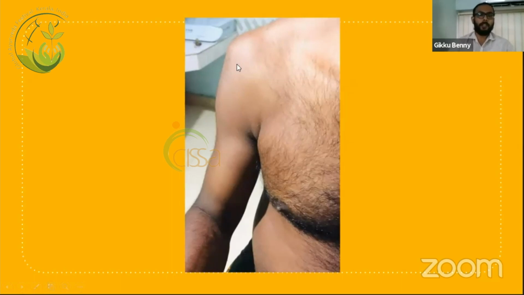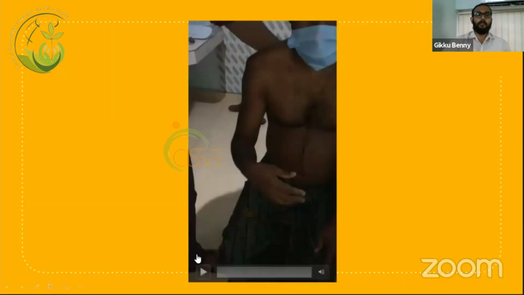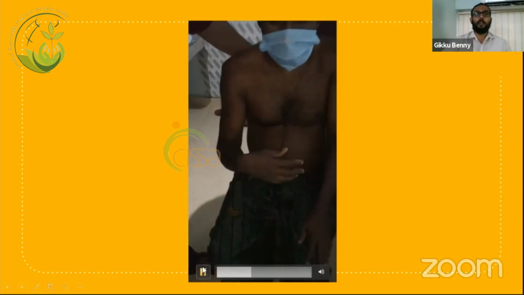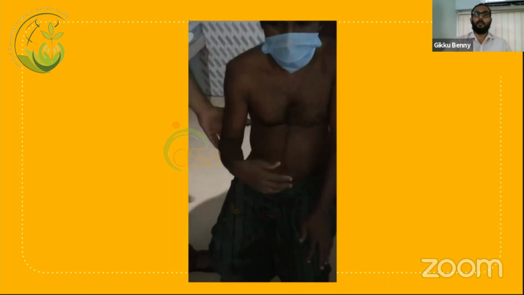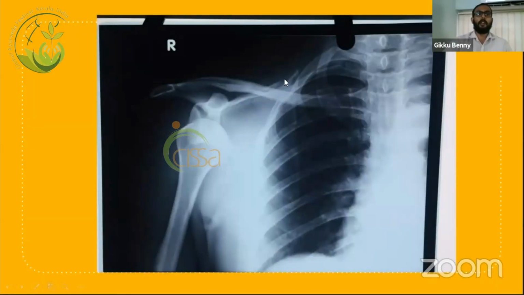This particular patient presented in OPD with the right hand supported by the left hand. He had a fall on an outstretched hand, and here we can see flattening of the right shoulder joint. The normal contour is lost, and on clinical examination, this is the Dugas test. The patient is not able to touch the opposite shoulder when asked to do so. Dugas test is positive, and in the shoulder X-ray, we can see this is an anterior shoulder dislocation.